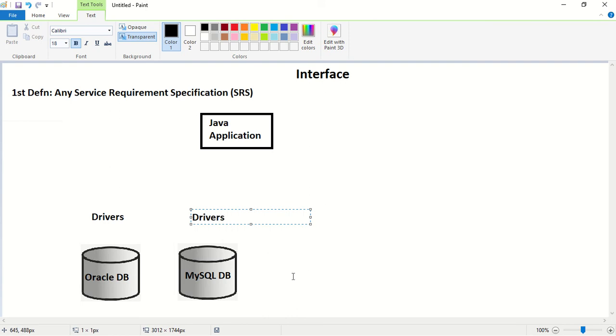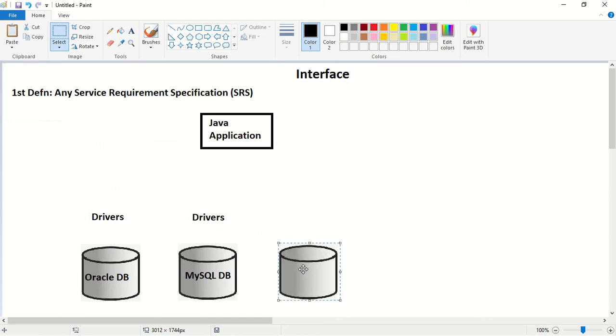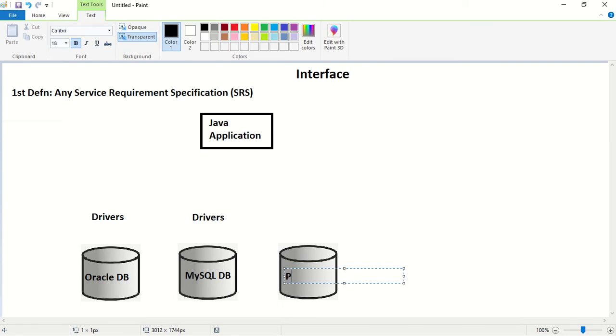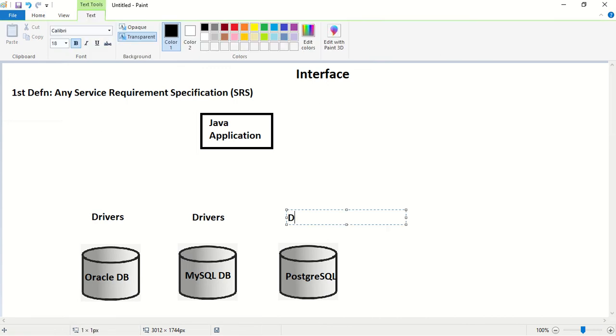Next, consider another database. The name is PostgreSQL. Now this Java application wants to make a connection with this PostgreSQL database. So what is required to make a connection? We require drivers.